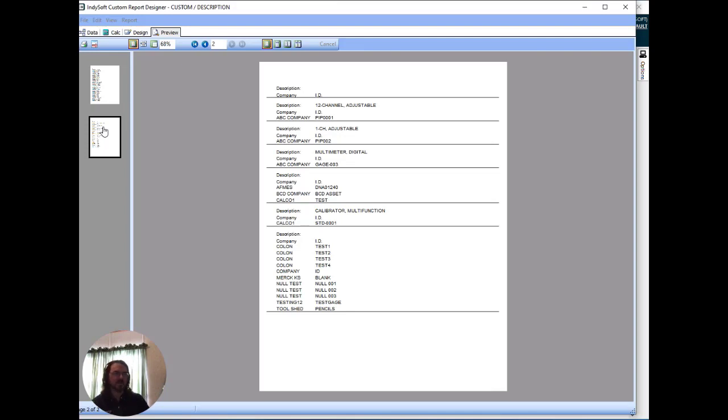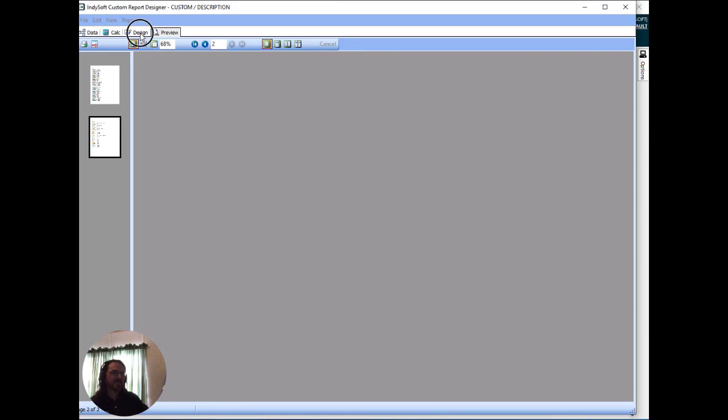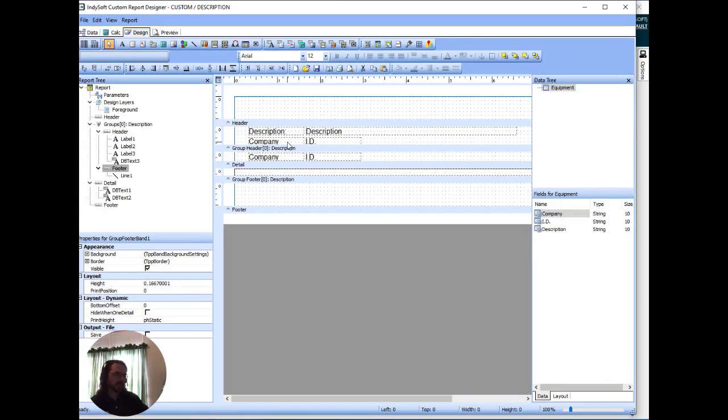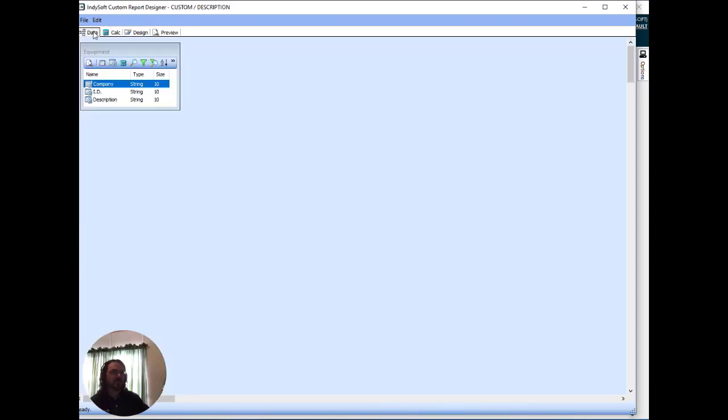So what really happens is the sort order, which by default is company ID in SQL Server, remains in effect. So what I really need to do is come over to my pipeline